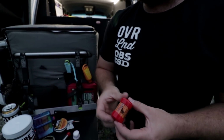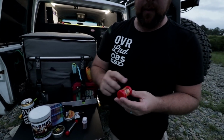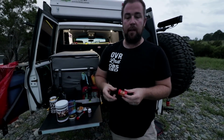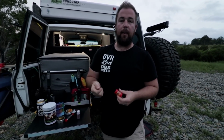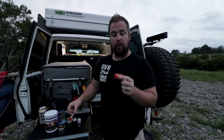It's more or less the same thing as the Mini Inferno. It's just tightly wound cotton strands soaked in like a wax. So same deal, you just break it apart, get the small fibers out, strike into it, and it burns for quite a while. We actually got it with a kit, so we got this fire striker and the pocket bellows